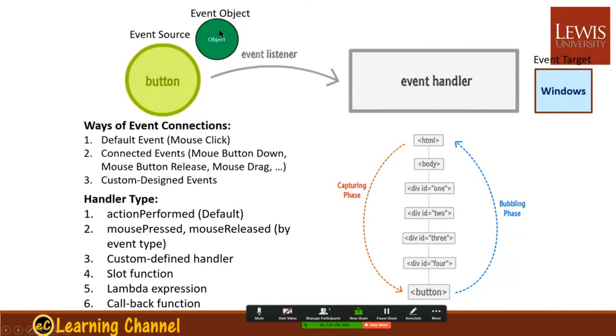So that event object is an information object that carries the information of your event, and it is sent into the event queue. The event queue waits for a certain time, and then it will be processed by the event handler, which reacts by finding a handler for it. The handler types are action performed, mouse press, mouse release, custom defined, slot function, lambda expression, or callback function. These functions will handle the